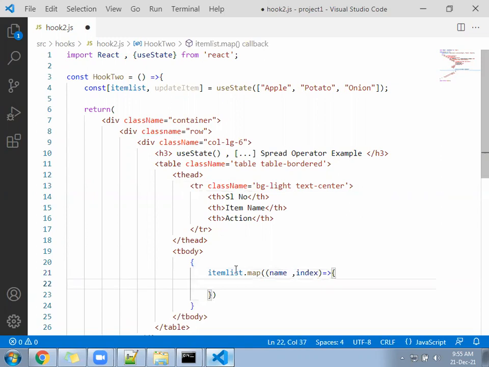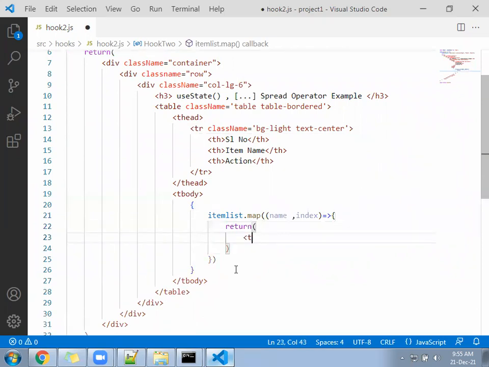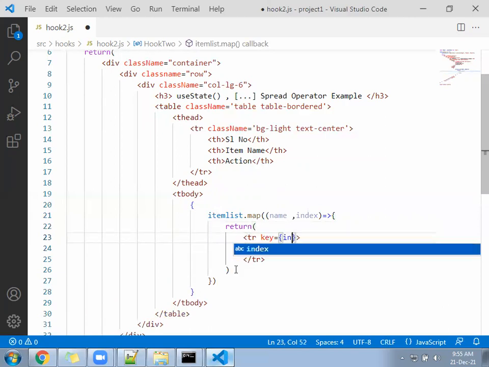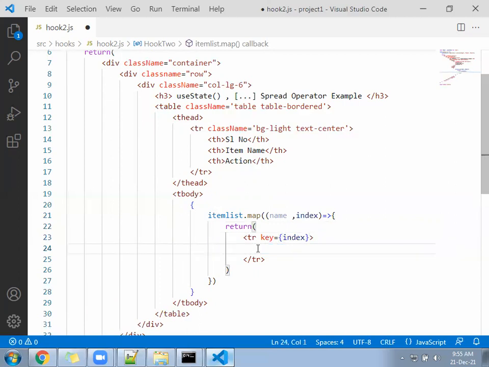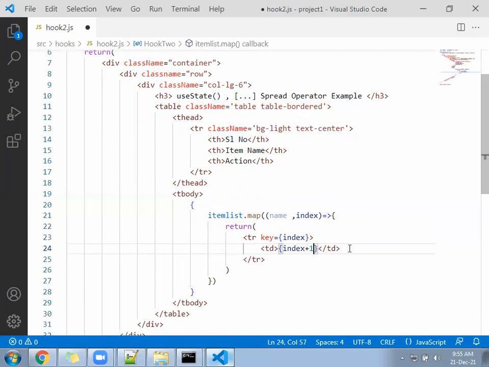And you will write here return tr. For tr, there should be key as index, td, index plus 1. 1 to 3 will come, 0 will not come.